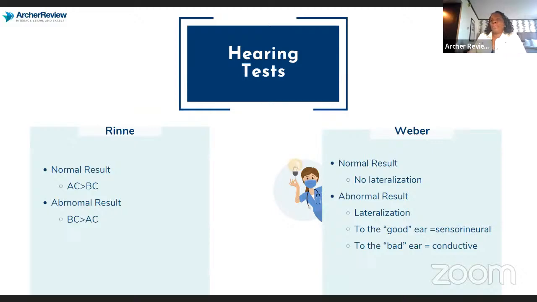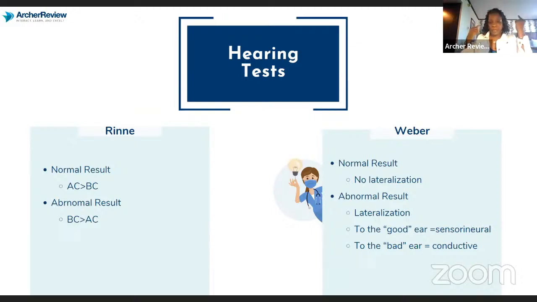And then we also would do the Weber test. With the Weber test, you can test for conductive or sensorineural hearing loss. Again, conductive is something that we can see, and sensorineural is something we cannot see, something like Meniere's disease. We can use a Weber test, and we take the tuning fork, we strike it, and we put it somewhere in the midline of the patient's nose or the top of their head, and we ask the patient, can they hear it,